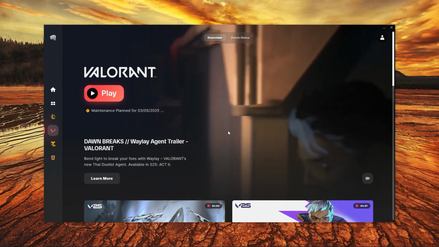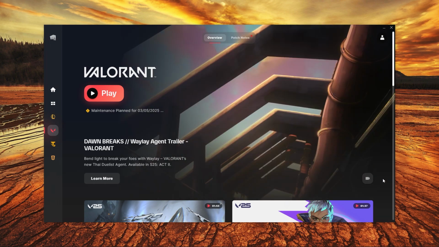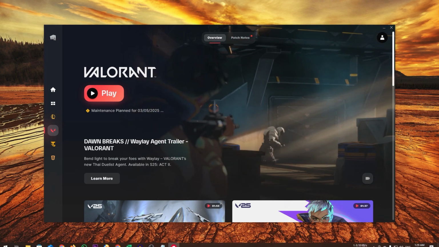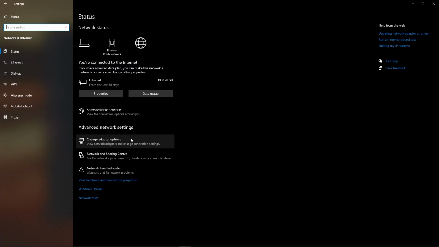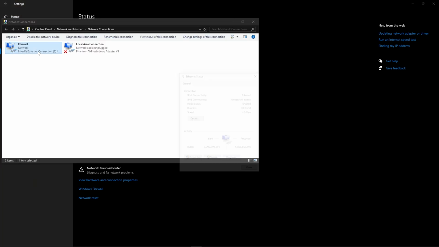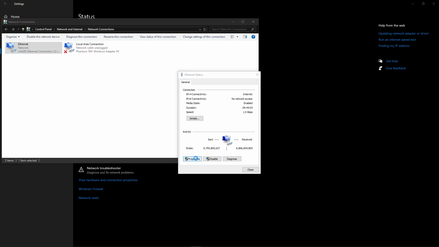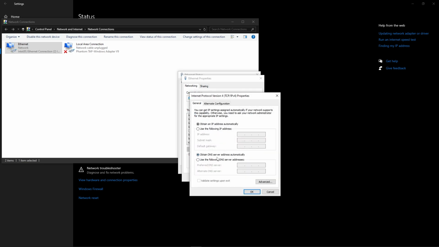If it doesn't help, using Google's default DNS server can help fix network-related issues. Right-click the Internet icon in the Task Manager. Click on Open Network and Internet Settings. Click Change Adapter Options. Double-click your active network connection. Click Properties. Select IPv4. Click Properties. Use the following DNS server address and enter Google DNS